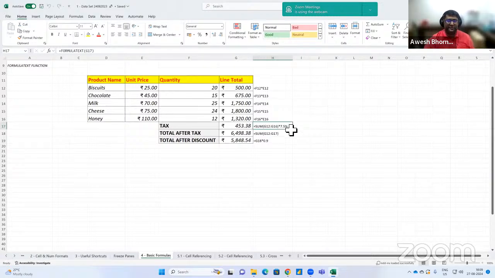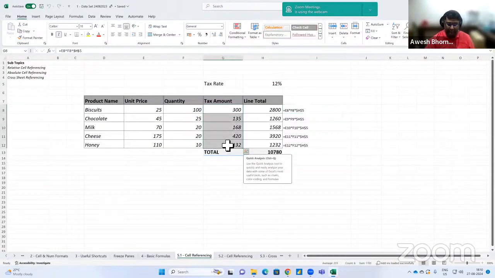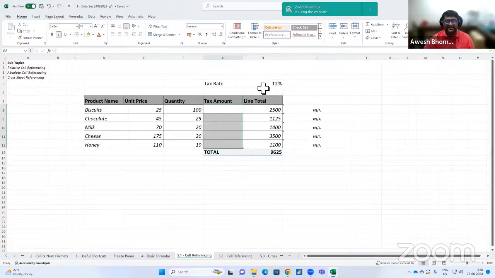Here I've put a constant 7.5 as my discount value. I'm now going to go to 5.1 cell referencing. Here I'm going to show you how to work with the values when you have a tax rate or your discount rate, whatever, written in a single cell. In the last session yesterday, when we worked with the data, we had a scenario where, 1 minute,